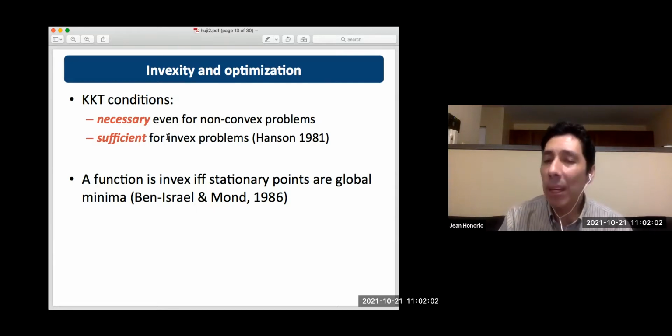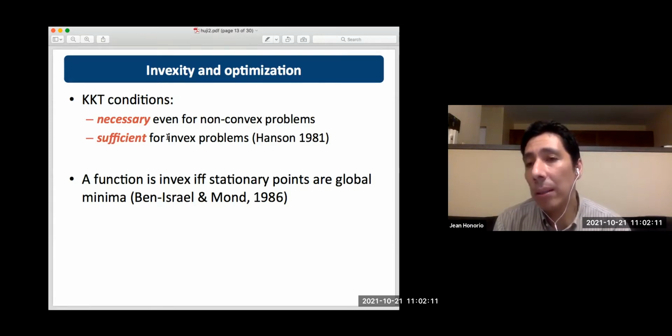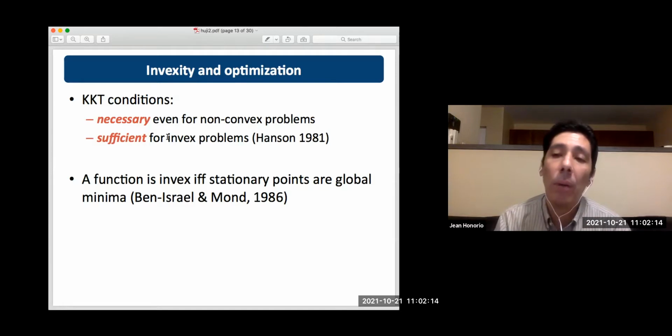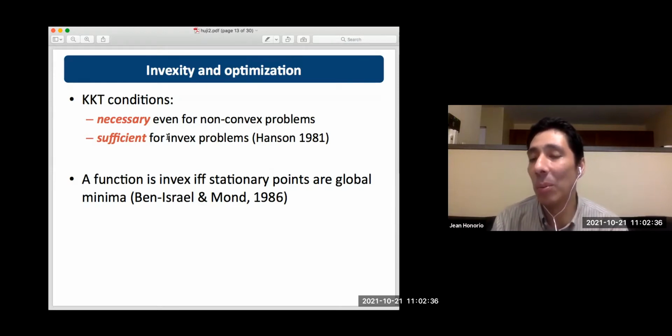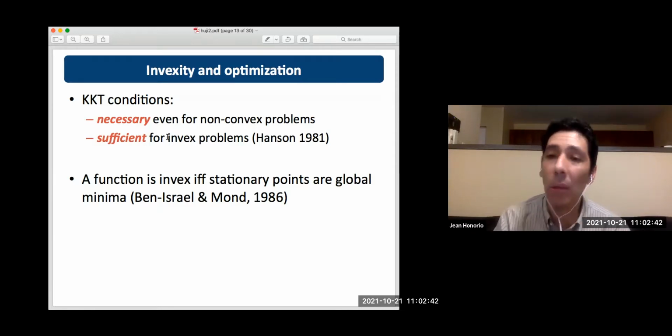So what is the good thing about the Karush-Kuhn-Tucker conditions being necessary and sufficient for invex problems is that I don't have to pay attention, if I want to give guarantees about exact recovery or guarantees of how well my algorithm or my optimization problem will work. Since the Karush-Kuhn-Tucker conditions hold if and only if, they are characterizing the optimal solution of this optimization problem. So I can avoid getting into the dynamics of the algorithm that I will use for solving this particular optimization problem. I know that the optimal solution will fulfill, if and only if, the Karush-Kuhn-Tucker conditions. So that will be a nice mathematical representation of the